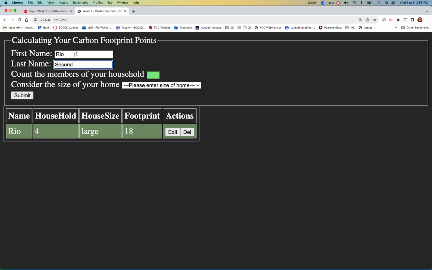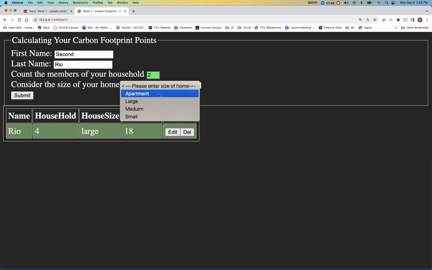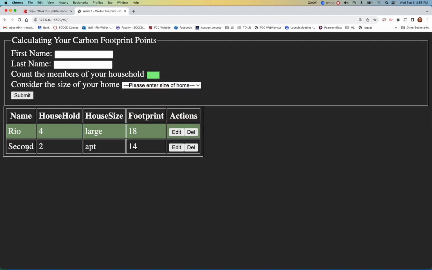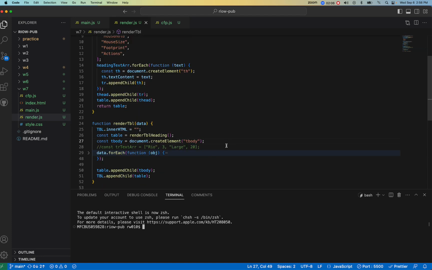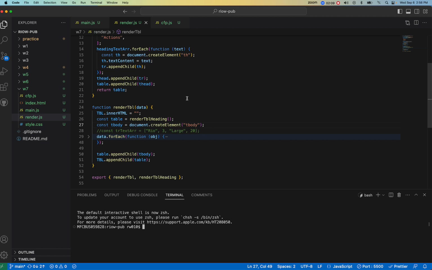Now, in this case, I'm not doing the last name, so actually let me do this so I can see it here, because I'm actually not doing the last name. Okay, and then I'll do 2 right here, apartment, just to show you that this actually is reflecting the input from the user. And this was a little bit tricky. I will tell you, and I think I have this over here, so all the bulk of this work really happened inside the render table, and I have it rolled up, but I will show you I did keep the